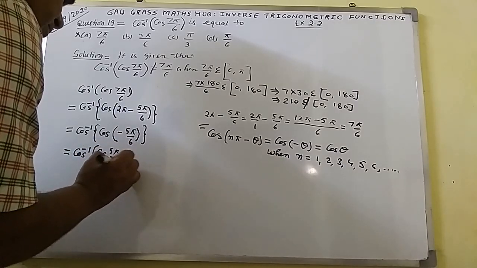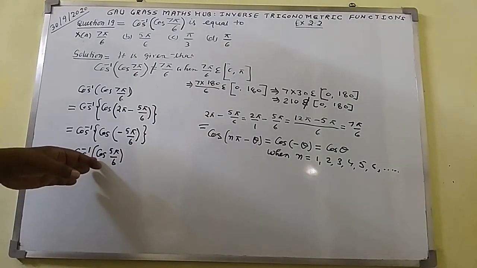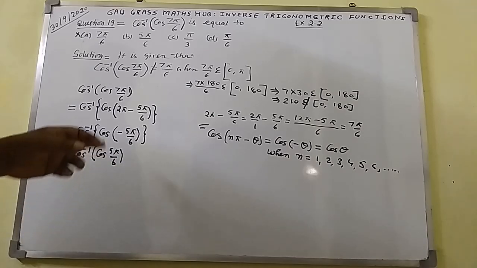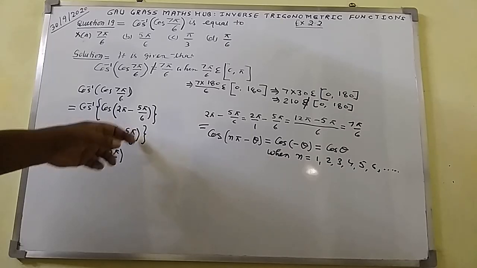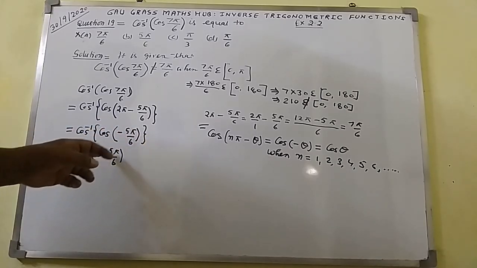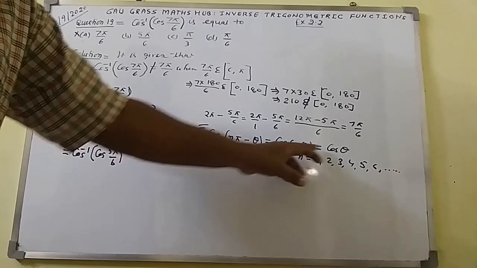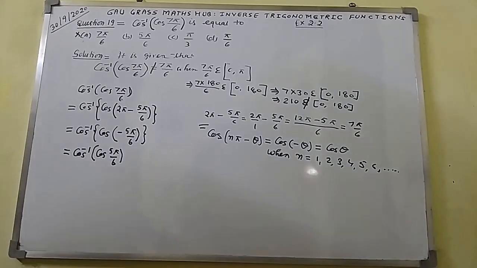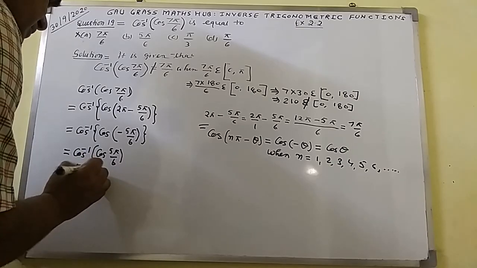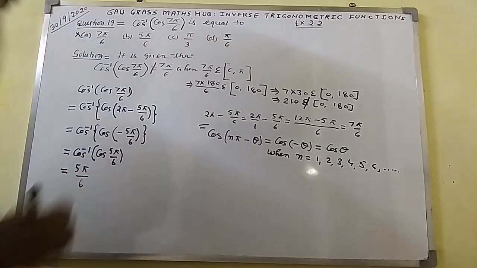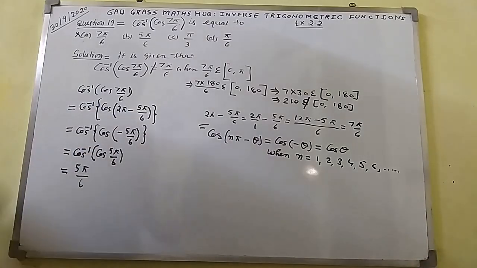So we have cos inverse, cos 5 pi by 6. On the pattern of the formula cos minus theta equals cos theta, cos inverse in bracket cos 5 pi by 6 comes out to be 5 pi by 6, when